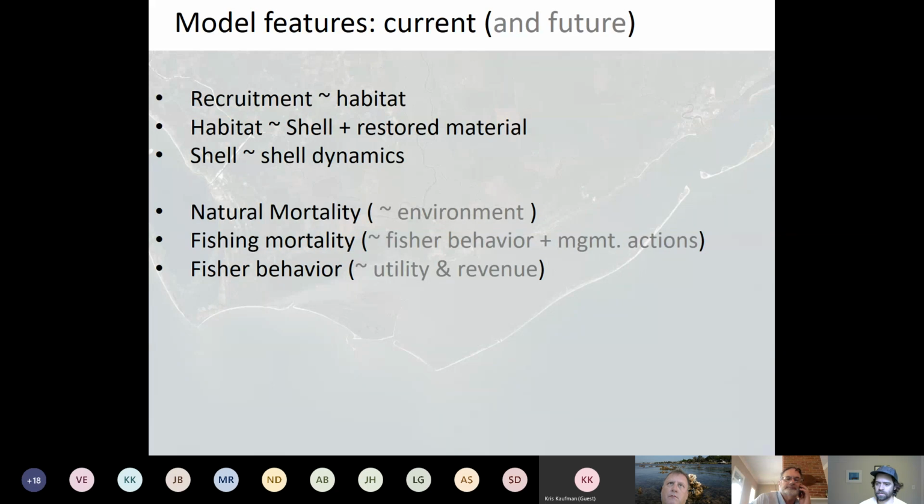Imagine that habitat for recruitment scales linearly with the amount of shell. The challenge with that would be that you would have no natural resilience of oysters. As you start to lose some shell from harvesting, you've lost habitat for recruitment, which means less shell, and